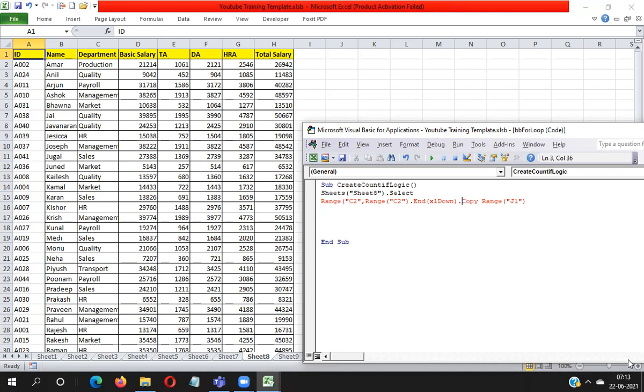I'm closing two brackets here. The first closing is for this bracket, the second closing is for that bracket.